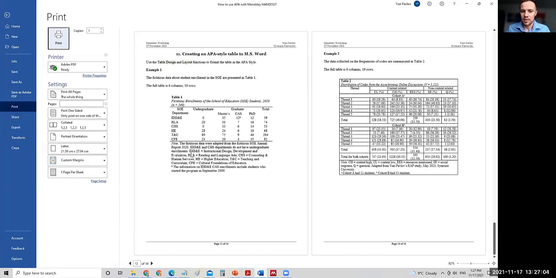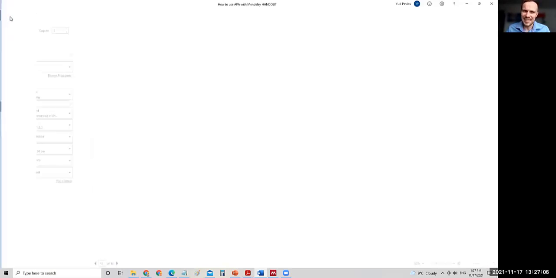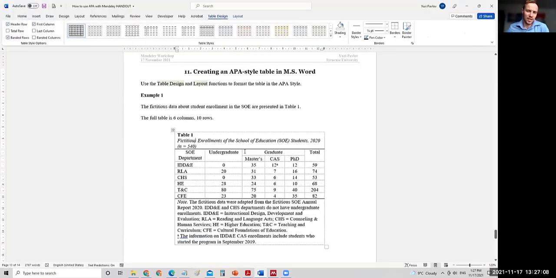Table heading and note section are not really part of the table body, even though they're part of the table. But this is just the adjustment techniques. Then SOE department, undergraduate, graduate, total, and master CS, PhD, these are all column titles, right? So APA requires that column titles are separated from